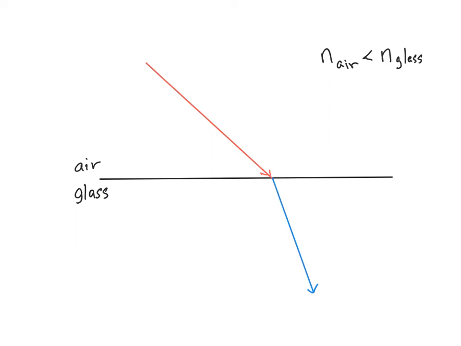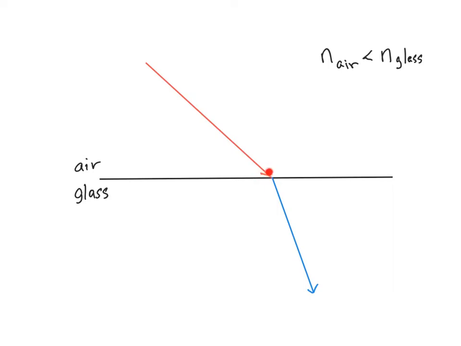Okay, going to do a quick screencast here to explain the relationship between wavelength, frequency, velocity, and how the medium affects those things. It might be obvious, it might not be obvious, so let's talk about that. I've got an example here where I've got an incoming light ray coming in, incident to a boundary between air